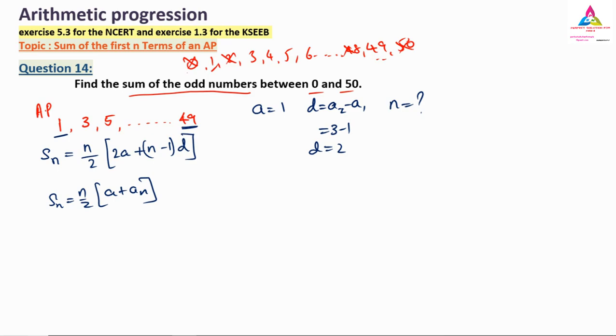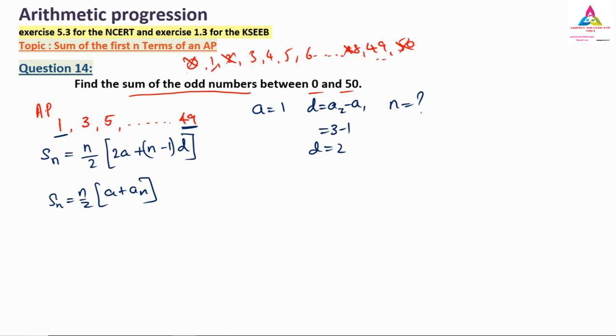But finding the n value is actually the easy part, but you have to solve it not directly. You can see there are 50 numbers. 0 to 50 means there are 51 numbers. 0 is an even number, and 50 is also an even number. So if you take that 0 outside, there are totally 50 numbers, and half of them are even and half are odd. So 25 even numbers, 25 odd numbers. This way you can find the n value as 25 directly.